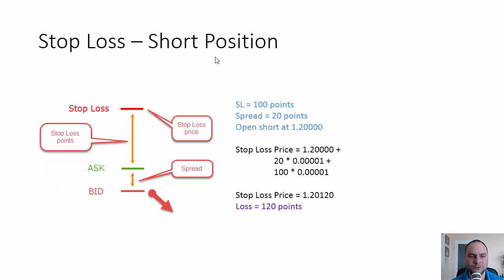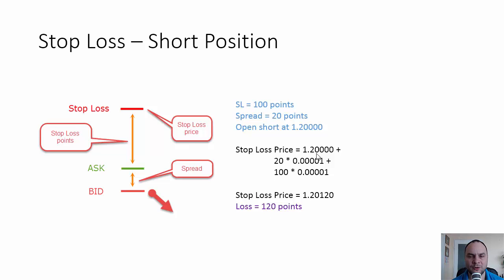Let's see the same for a short position. This time we are opening a short position at bid price and we can close that position at the ask price. The difference is the spread. Let's say our spread is 20 points. The stop loss is the move of the price in the opposite direction of our position. So let's have here 100 points for the stop loss, and the actual loss will be also 120 points